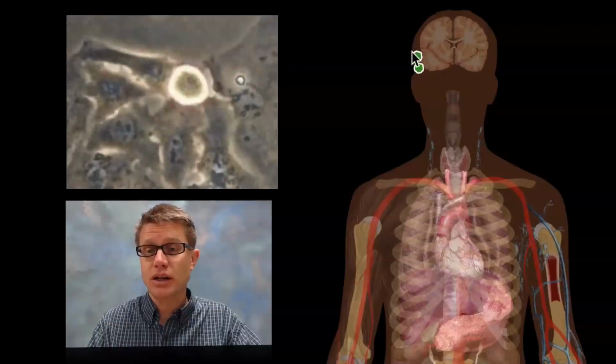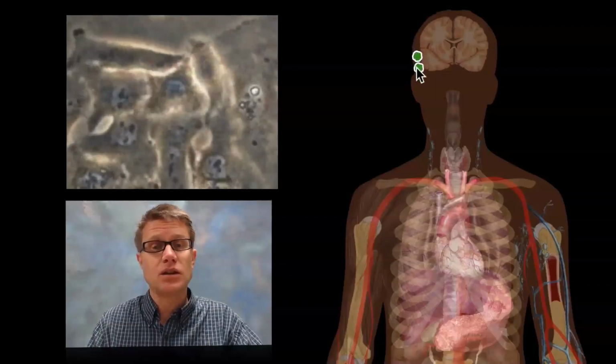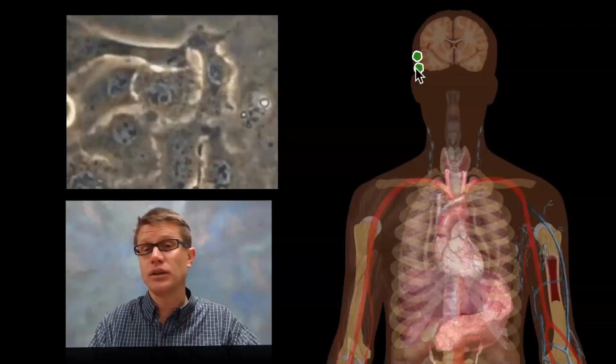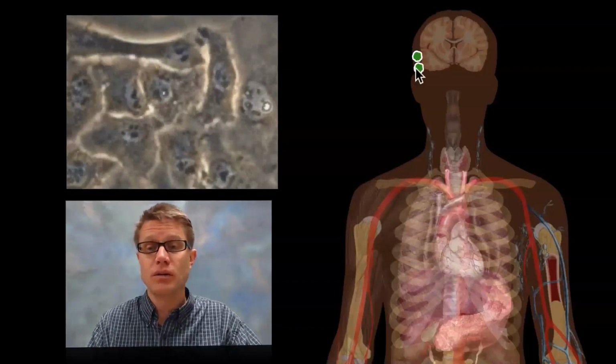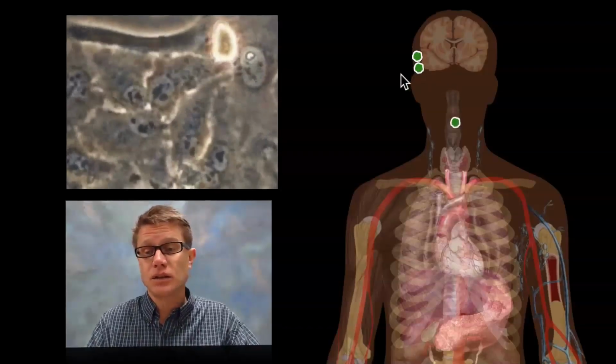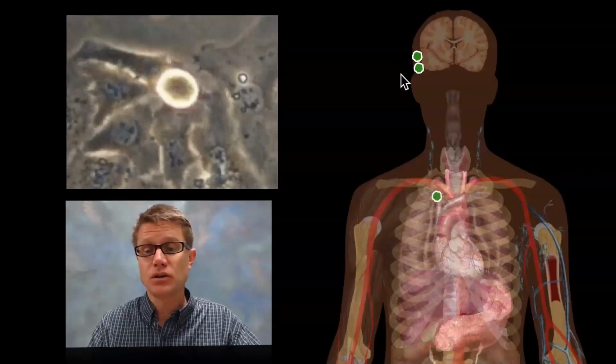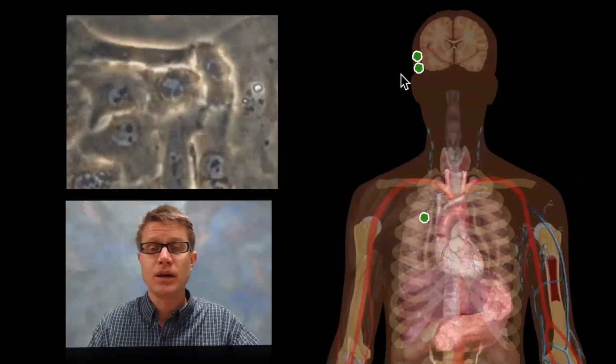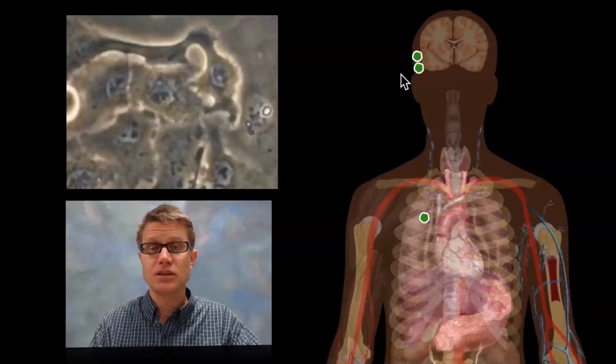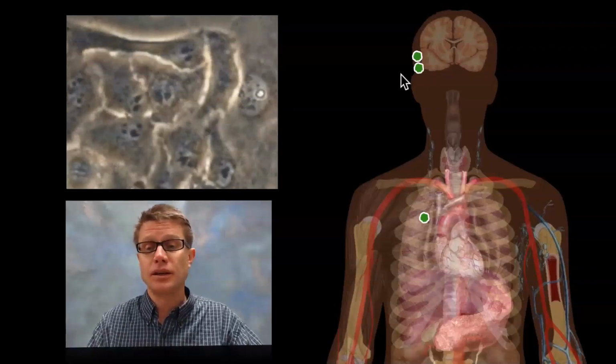And so if we have a tumor right here, it can start to invade the tissues around it. And so that tumor can not only get larger, but it can move into new areas. And if that tumor gets into the lymphatic system or the circulatory system, it can move around our body and it can settle somewhere else. And so that's the problem with a malignant tumor.